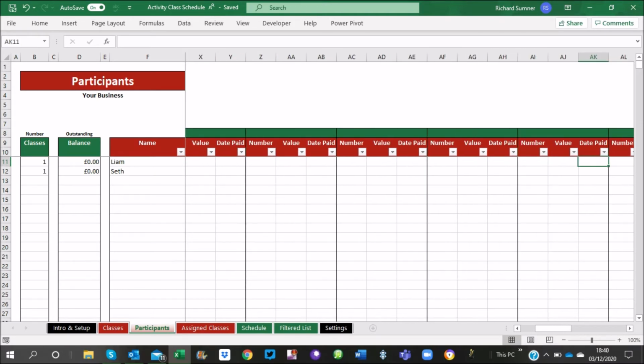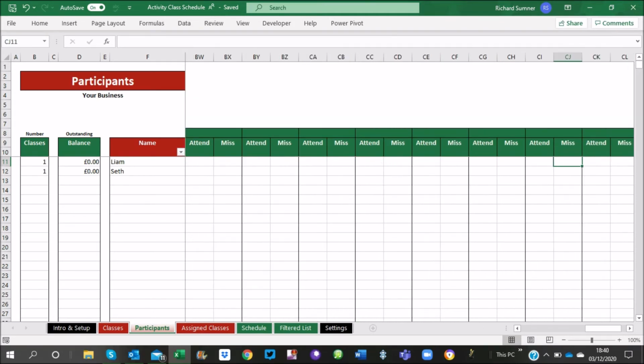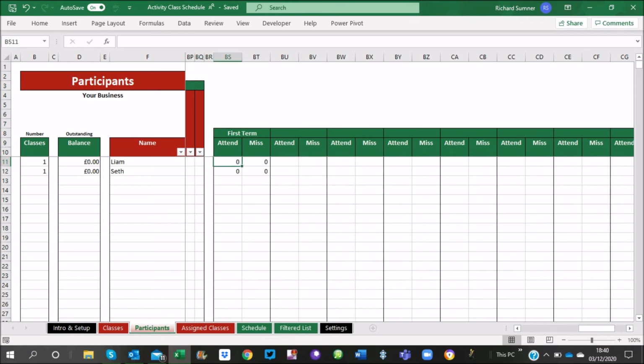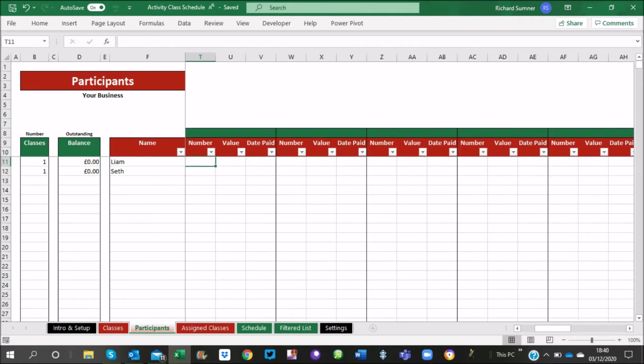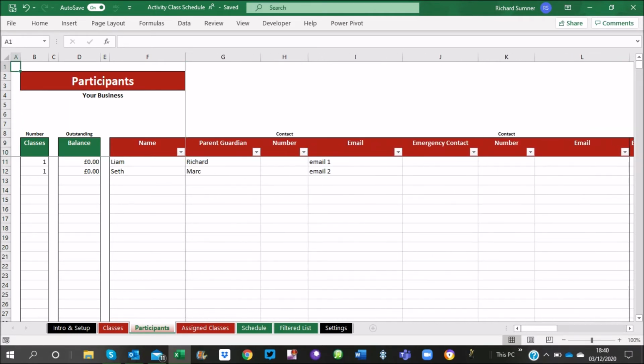But then you can also scroll across and see how many events they actually attended that month, in case you want to work the invoice out based on the number of events attended, or if you want to adjust it. So that's the advantage of ticking off who was there, who wasn't there. You can use obviously whatever bits of this you need. You don't have to use all the aspects of the spreadsheet. You can pick and choose